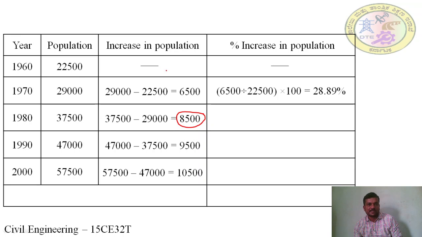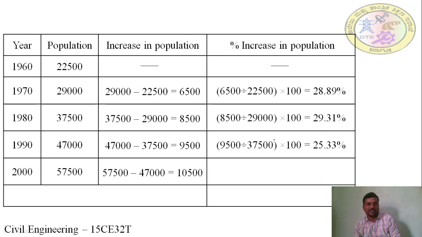8,500, which is the increase in population with respect to population of 1970, which is 29,000. So percentage increase in population is equal to 8,500 divided by 29,000 into 100, which is equal to 29.31%. Similarly, we need to find out the percentage increase in population for the decade 1990, which is